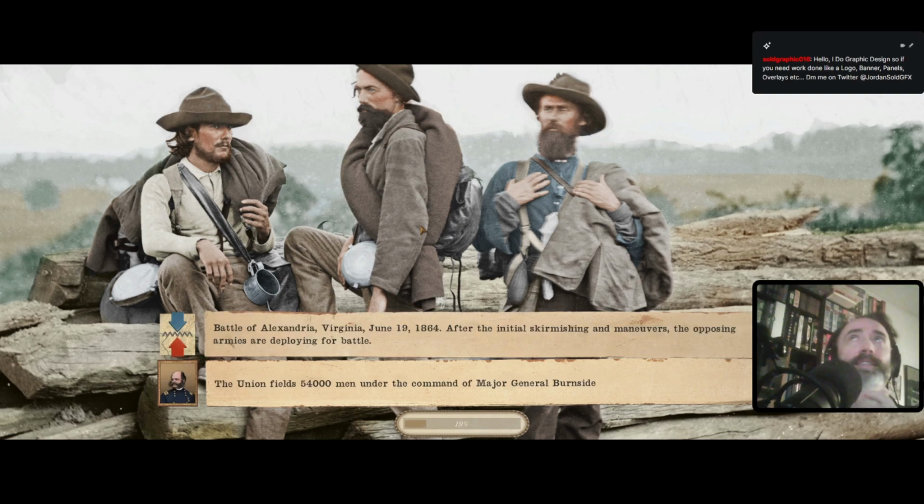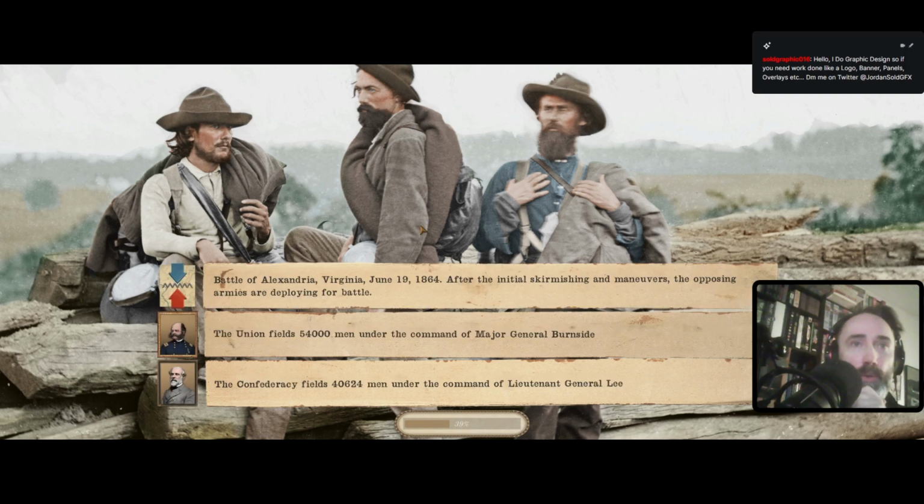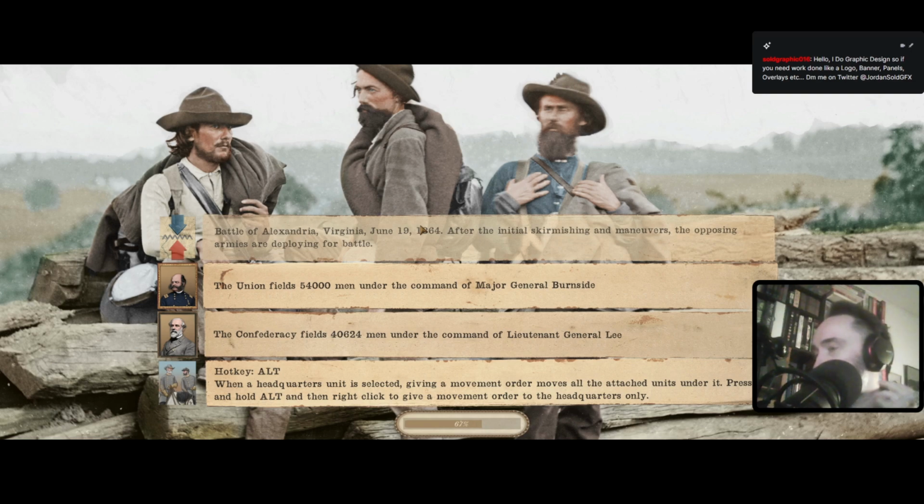Since Lee is an engineer, I think we'll have a lot of engineering points. 54,000 Union troops versus 40,000. This is a big one. Not the biggest one, but...